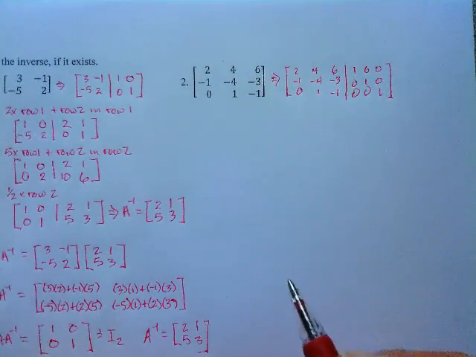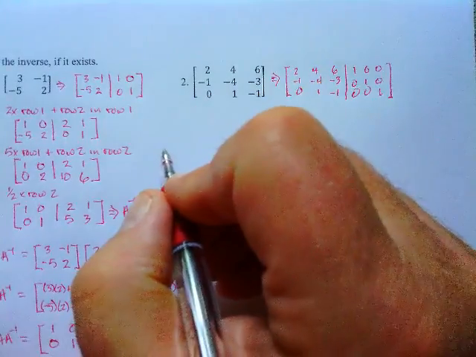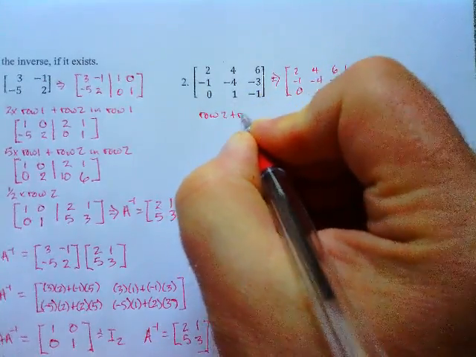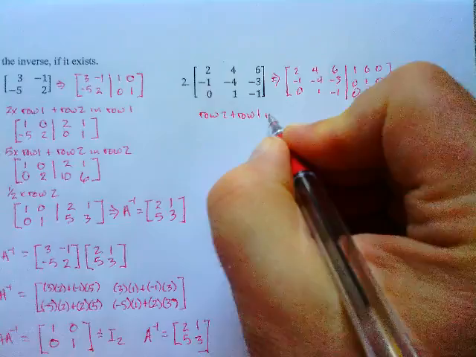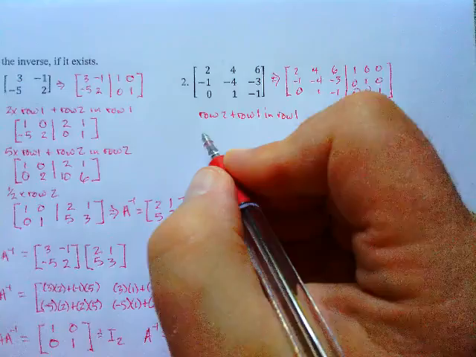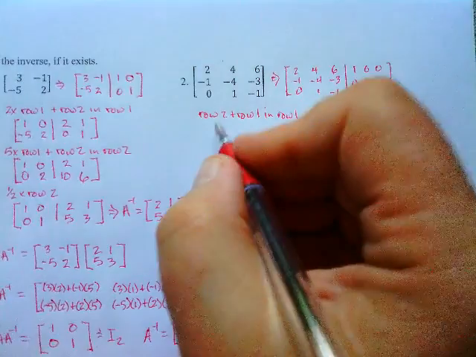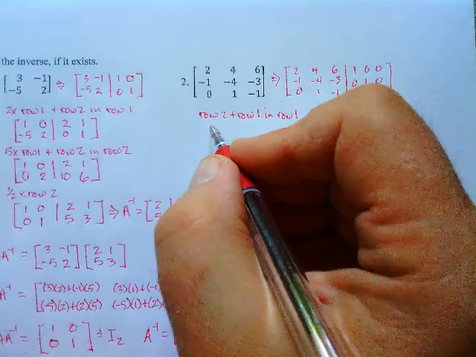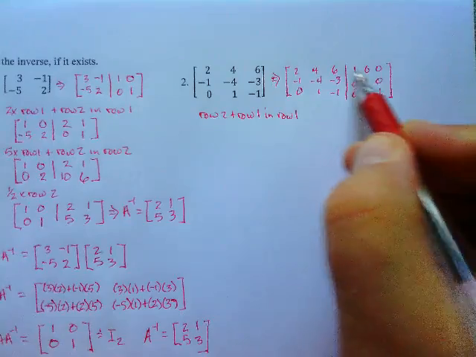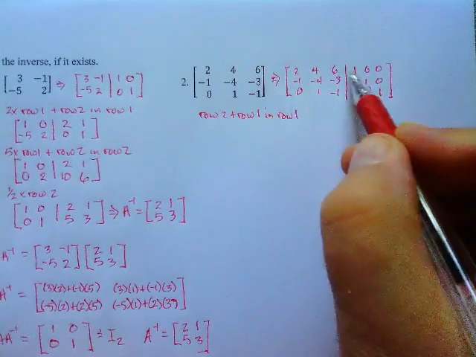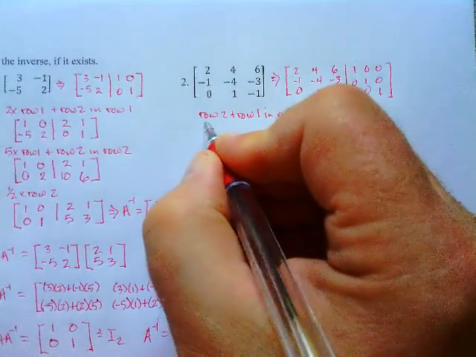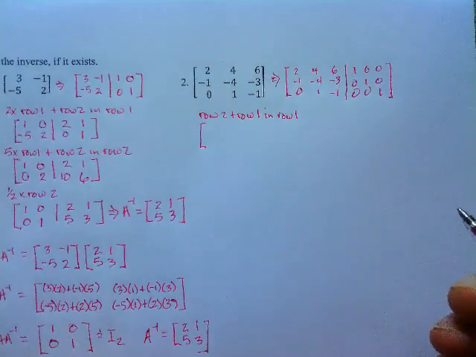Okay, so first off, we're going to go row 2 plus row 1 in row 1. Where I can, I like to pick things that try to not have fractions when I'm doing things. So, for instance, I could have just divided everybody here by a half, divide by 2, but then that would have given me a half there. So I'm trying to pick steps where, when I'm just adding and subtracting, I'm going to have